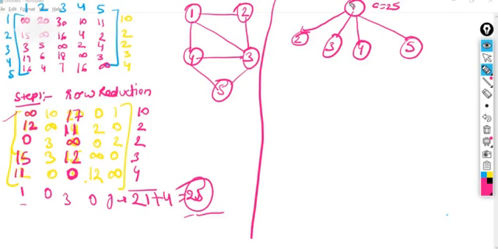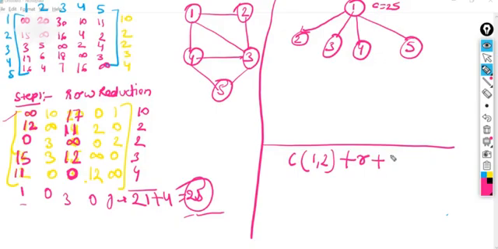Now if we are going from node 1 to node 2, we have to find the cost of this node. So how can we find the cost here? I'm taking some space here in order to find out the cost. Cost of 1 to 2. If you are moving from 1 to 2, what will be the cost? R represents the reduced cost of the parent node, and is there any need to further reduce this particular matrix in order to find the cost here? So I'm taking an adjacency matrix with respect to 1 and 2.